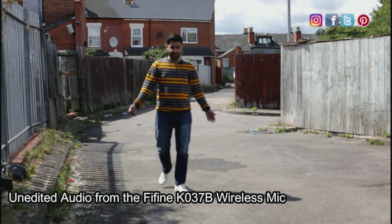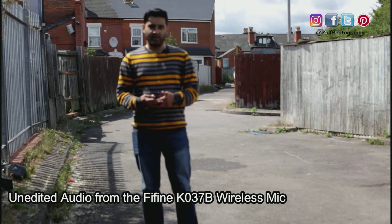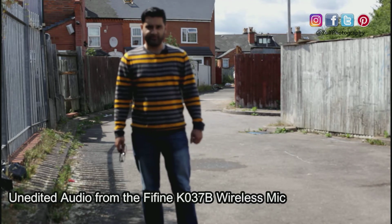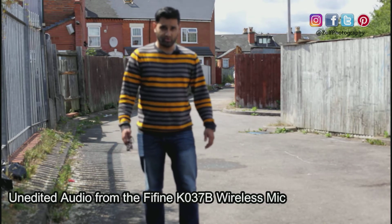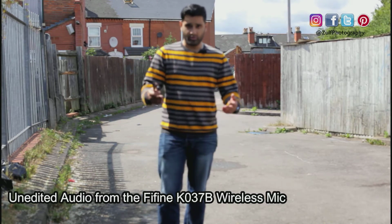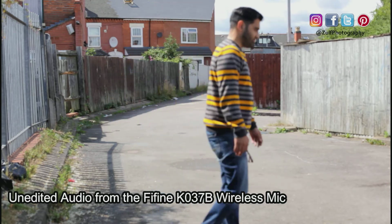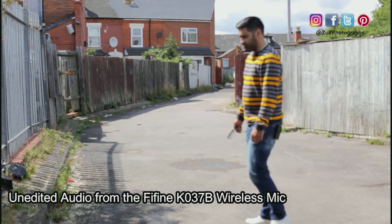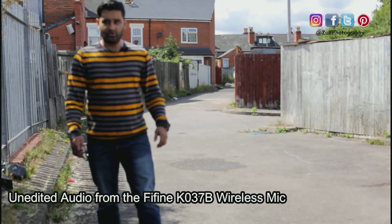traffic or you may hear some noise, but providing my audio is clear enough to understand, I think it's a win for this FiFine lavalier wireless setup, because you won't have to post-process it and link up the audio because it's recording directly to the camera. So fairly happy with that. I'll do a little bit of movement just to see how it reacts to that. I have got the lavalier mic as opposed to the headset, so let's see how this